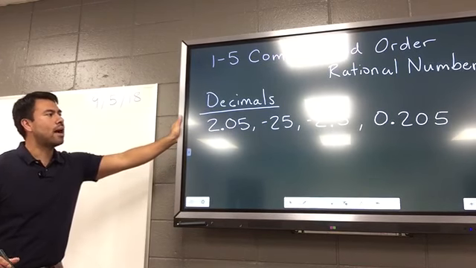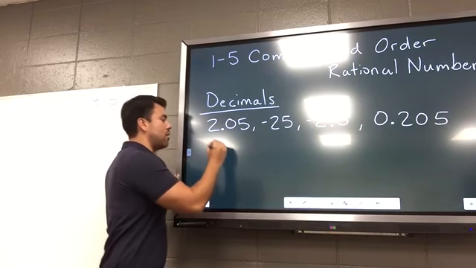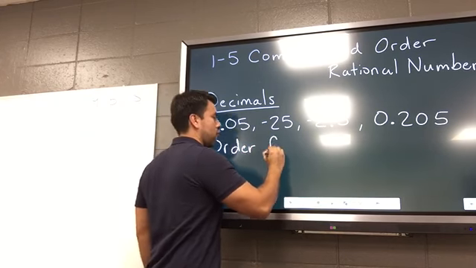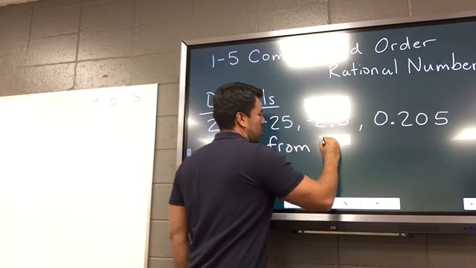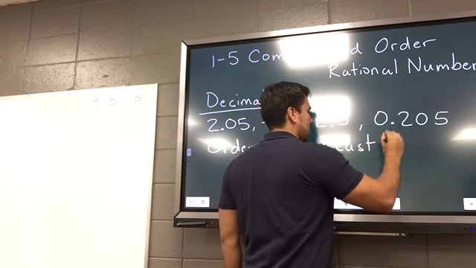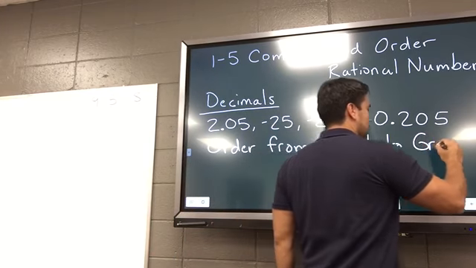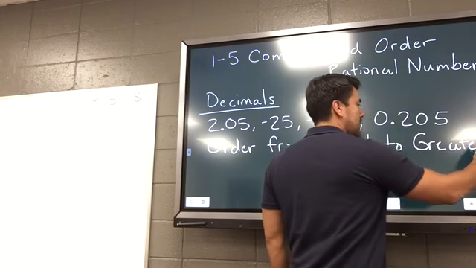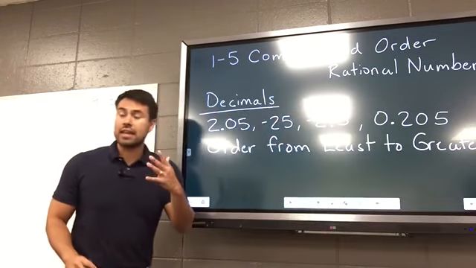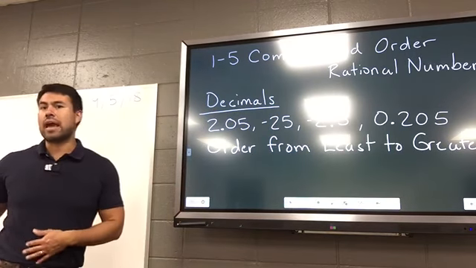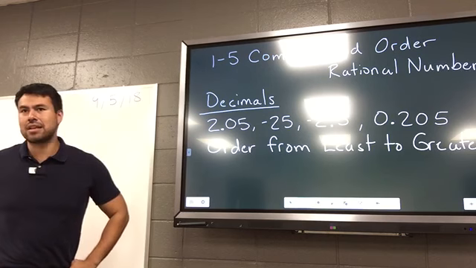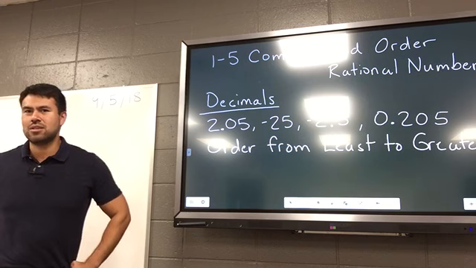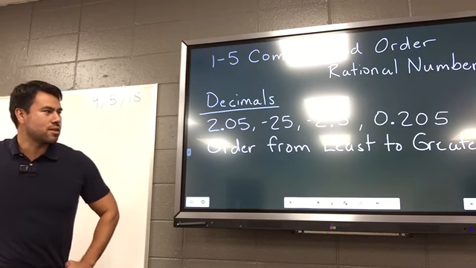All right. How do I order them? And we're going to order from least to greatest. Okay, now your book gives you a number line, and you're more than welcome to look at it through a number line, but you don't have to do it, especially with decimals. It makes it nice that you can compare them using something else. Okay, but we're going to order from least to greatest